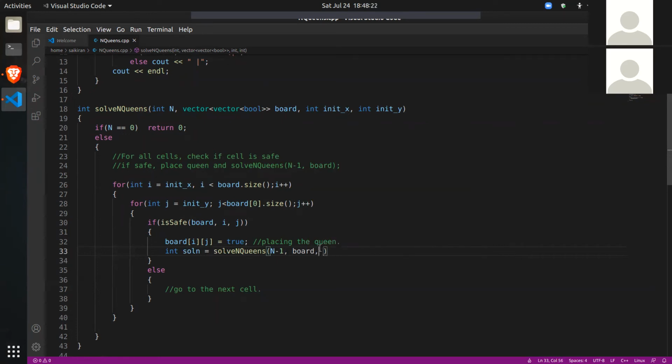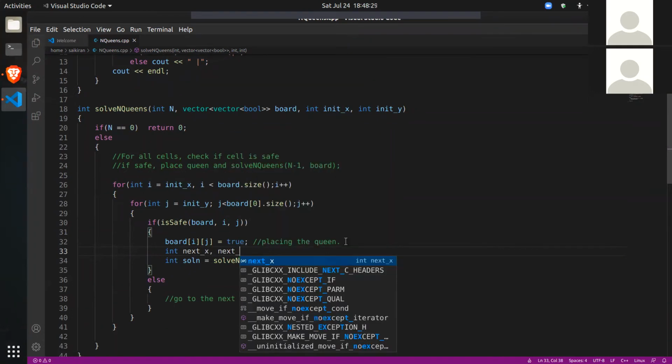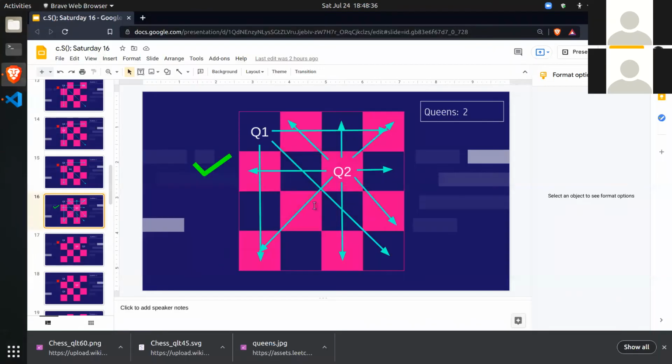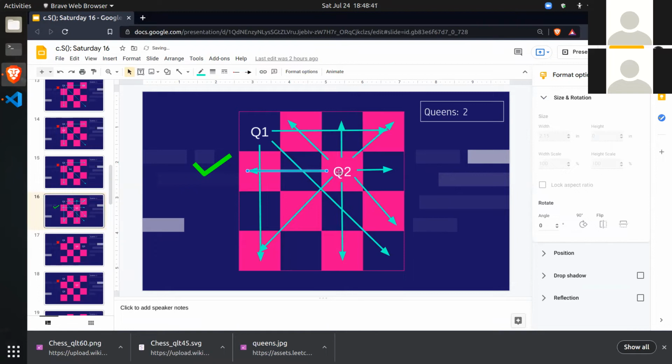The current position will be, okay, we'll write this, next x, next y. So next x and next y are the position from which the search has to continue. For example, here we successfully placed Q2 at this position, right? So my search for Q3 has to start from the next cell, this cell to the right of Q2. But if Q2 was here, then the next cell would be in the next row, first column.